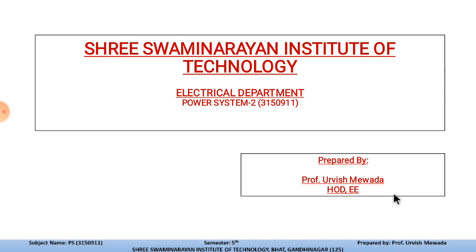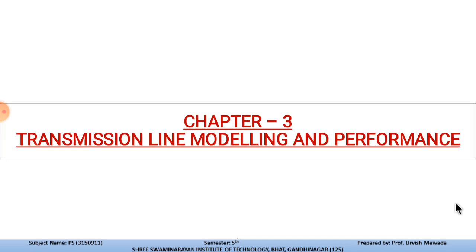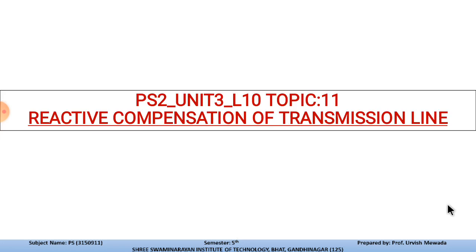I am the subject matter expert of Power System 2, which is in the 5th semester Electrical Engineering Department, GTU. The subject code of the subject is 3150911. Students, we are discussing chapter number 3 of PS2, Transmission Line Modeling and Performance. This is our lecture number 10 of unit number 3, and today we are going to discuss the topic number